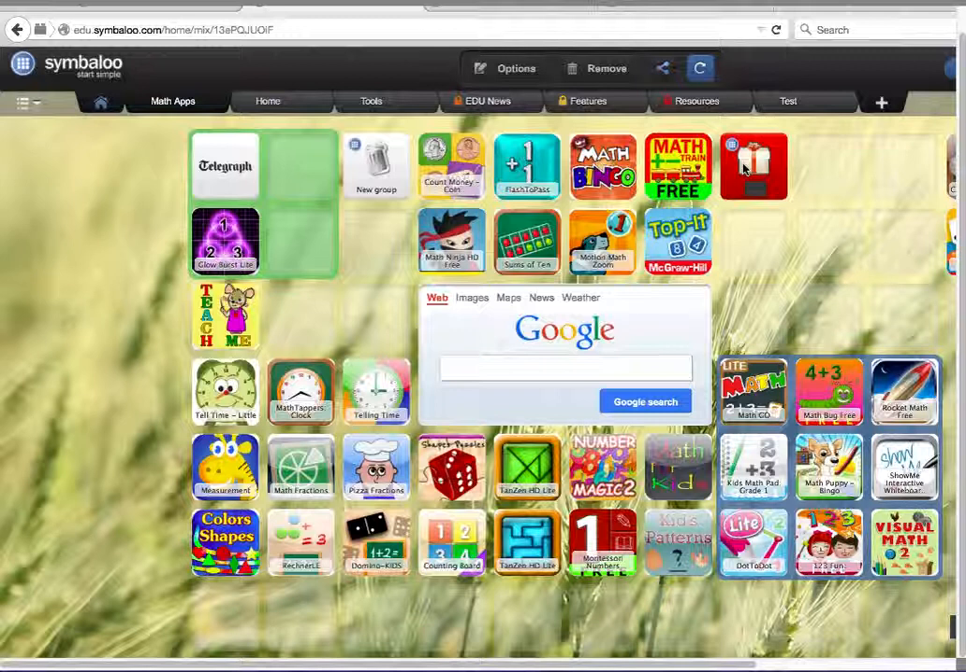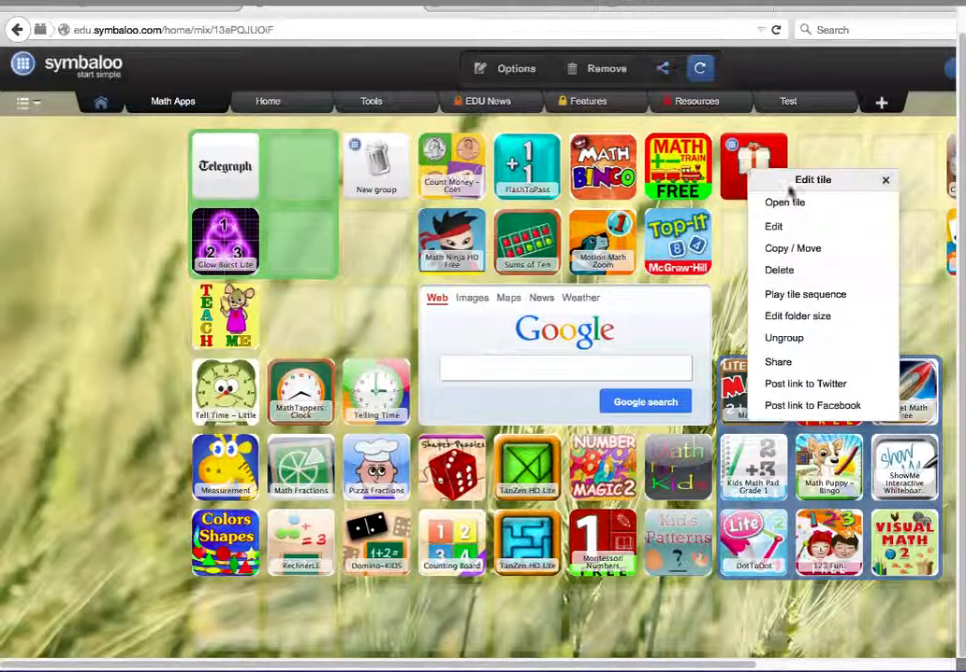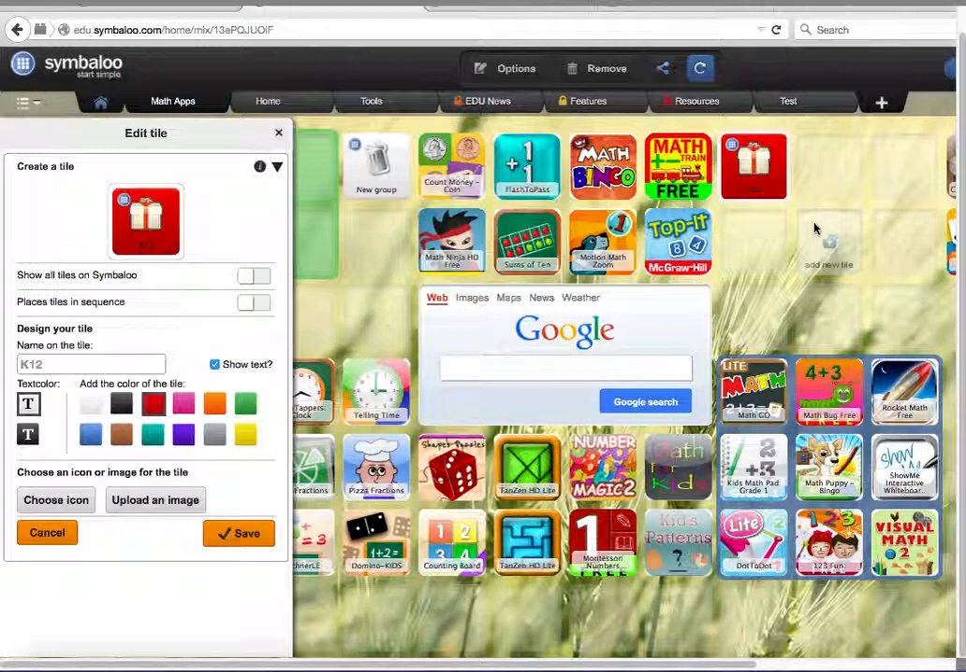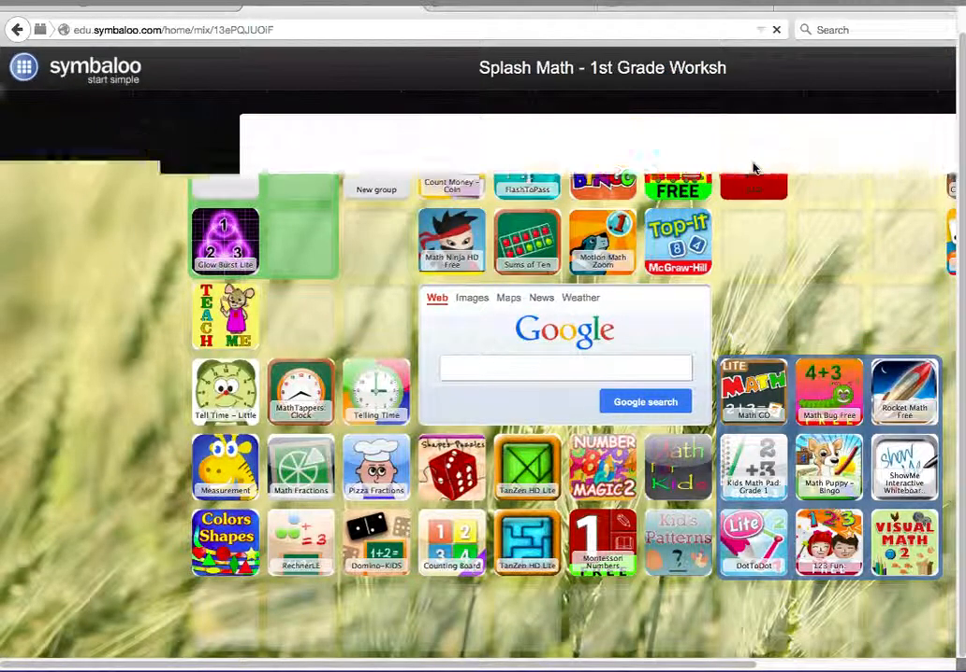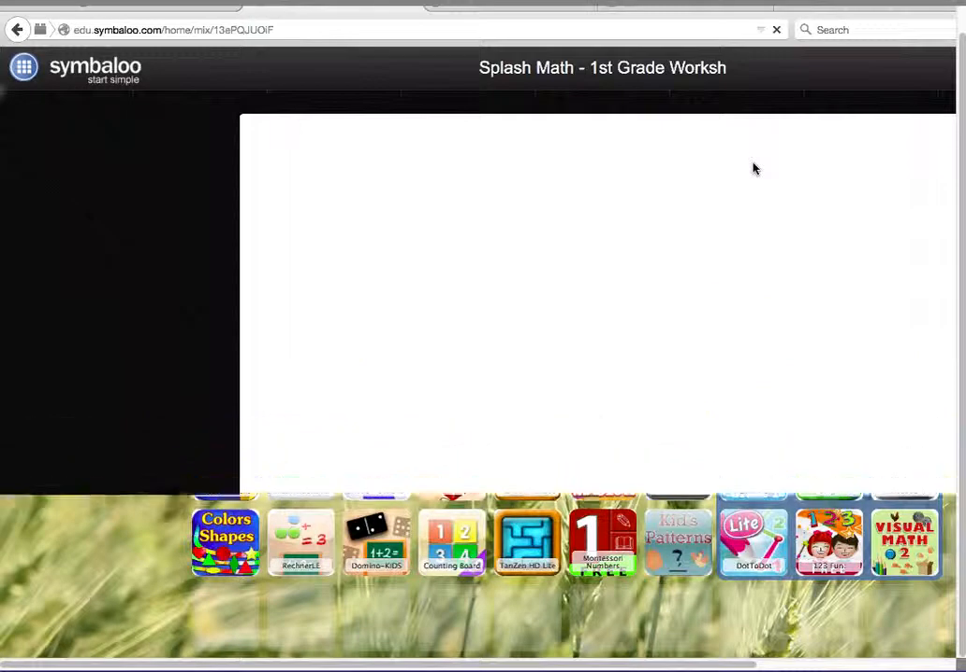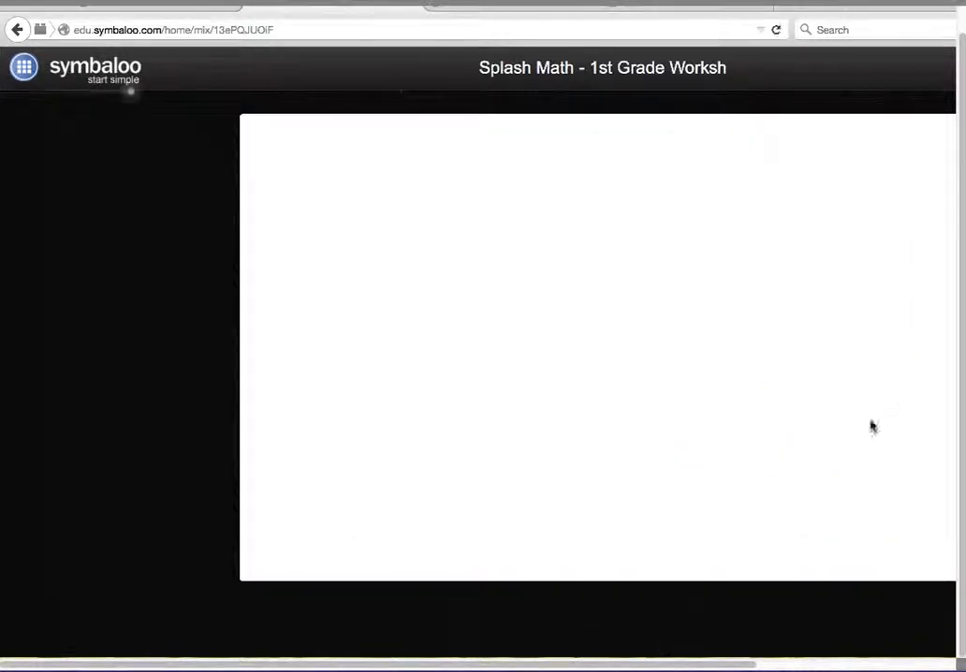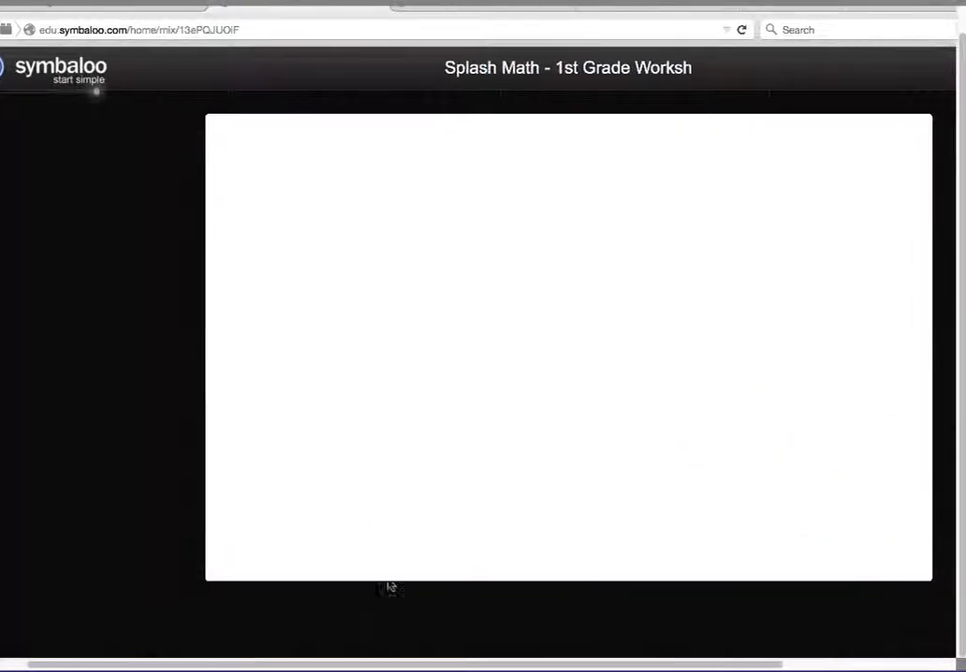And all you got to do is add the tiles to your webmix, then create a group tile, and then if you go into the edit tile, you'll put on show all tiles in Symbaloo and place tiles in sequence, and save that. And now if I click on this one, you see that it's not working. Let me refresh,